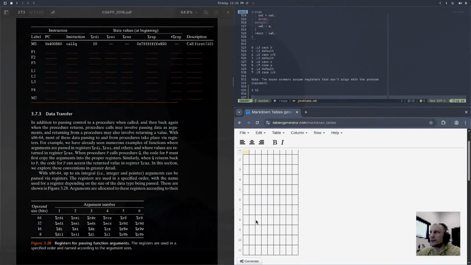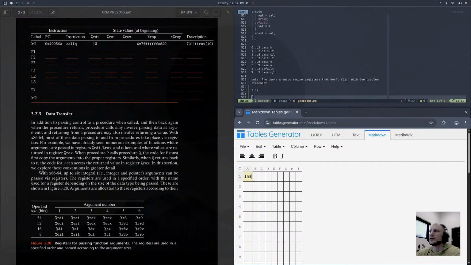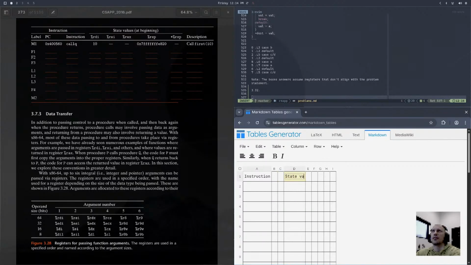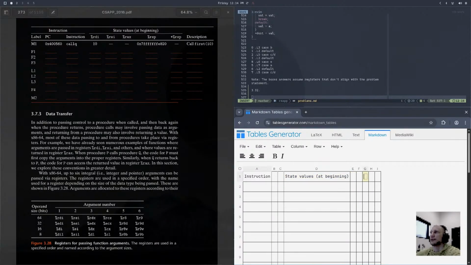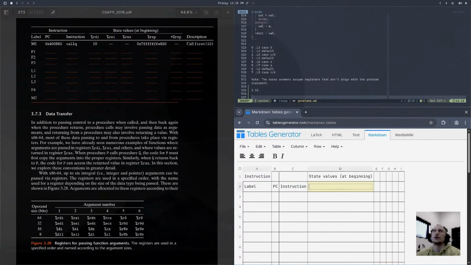Create, and then we'll fill these in. So this is going to be instruction, and then that's going to be 3 state values at the beginning. That'll be the rest of them. And then here we've got label, PC, instruction,